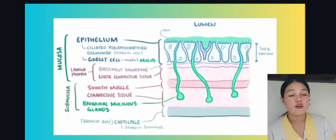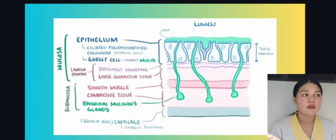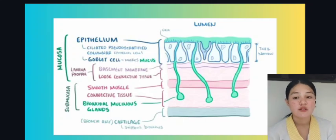So in the mucosal layer of the surface of the lungs, we have here the epithelium, where the goblet cells are located. These goblet cells are the ones that secrete mucus into the lumen of the lungs. Okay, so here in the submucosal area, we have the bronchial mucinous glands, which are the glands that secrete the majority of mucus into the lumen of the bronchi, helping to catch and filter the pathogens or the particles